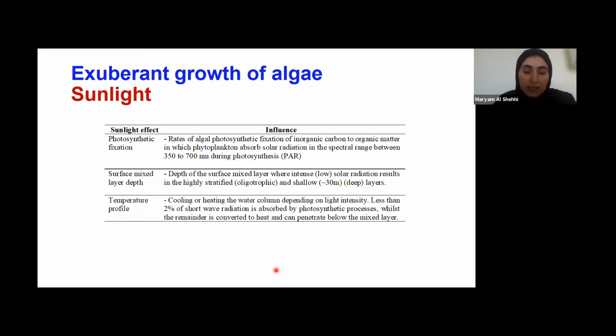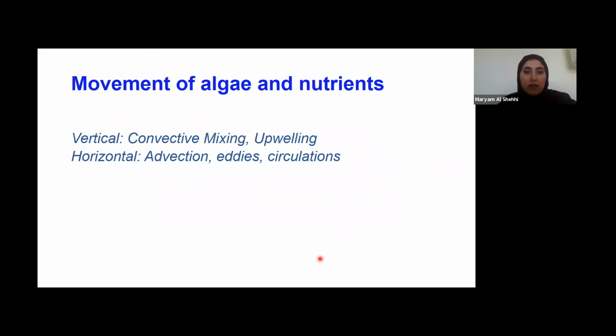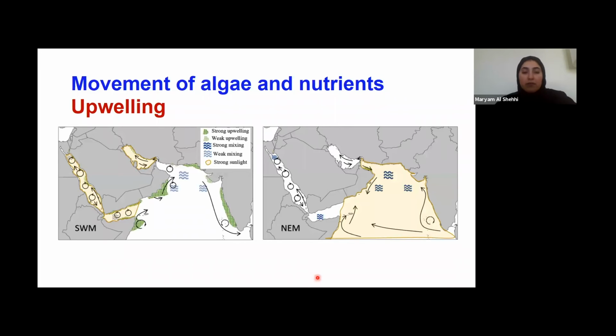In addition to that, when the blooms occur or when the nutrients exist in some location, the oceanic movements and dynamics can move the blooms and the nutrients to different places. So movements of algae and nutrients can be in a vertical motion or horizontal motion. In the vertical motion, through convective mixing or upwelling; the horizontal motion, through advection, eddies, or the circulations. So if we look at, at first, the vertical motion of the